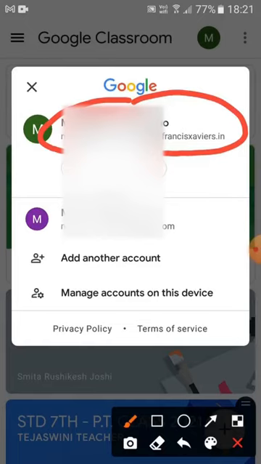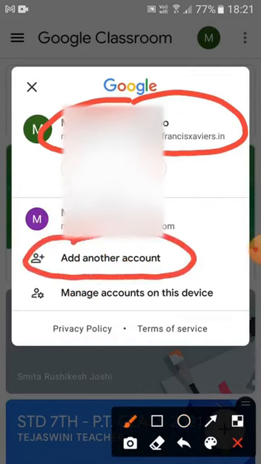Now suppose you are having another account, means suppose your brother or sister and you are having one mobile. What do you do? You click on this add account button. Can you see here? Over here. Once you click on add an account, you have to follow the same procedure.